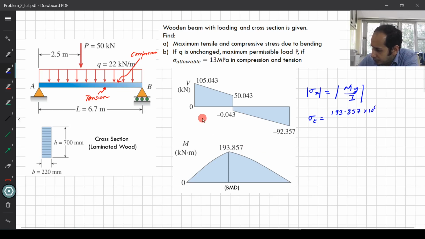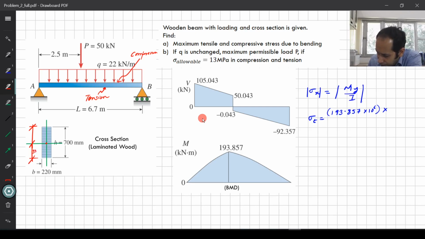times 10 raised to 6 converting to Newton meters, times the y up to the maximum fiber. So here if you mark the centroid, it is somewhere over here, right? So you're essentially interested in calculating this extreme distance for the compression and up to here for the tension part, and this is equal. So this is 350 mm, so each of these is 350. So if you write that over here, it will be times